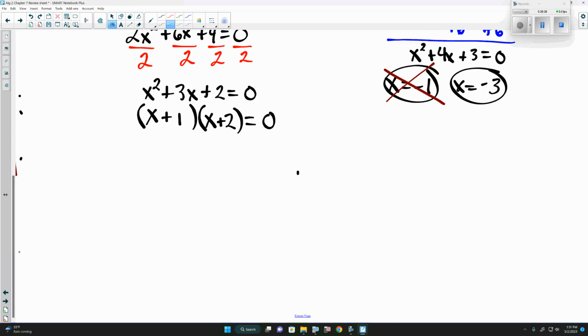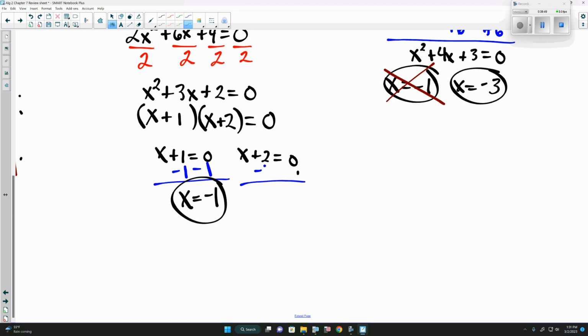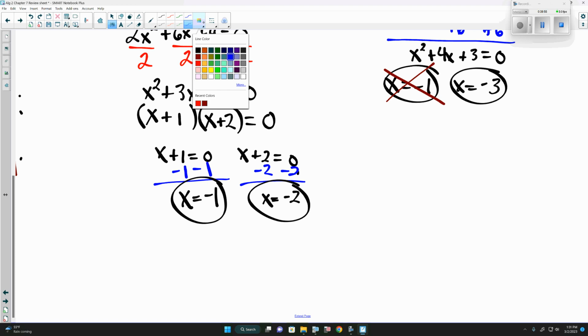Since we have 2 things multiplied together to equal 0, one of them must be 0. X is negative 1. And negative 2 can't. Now, if we graphed it,